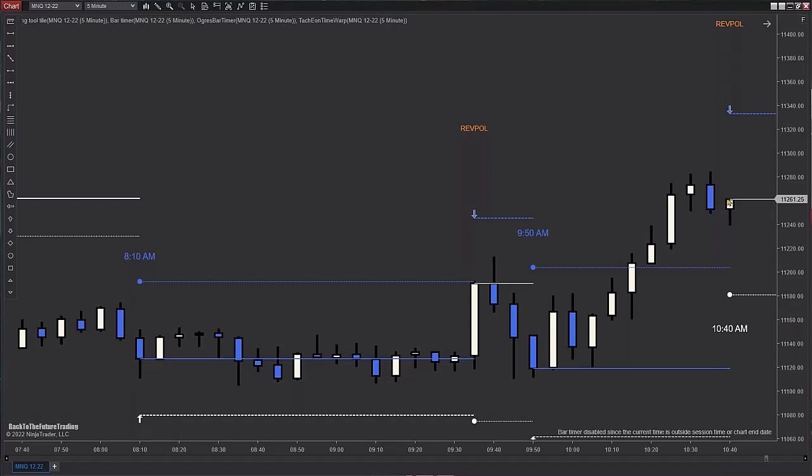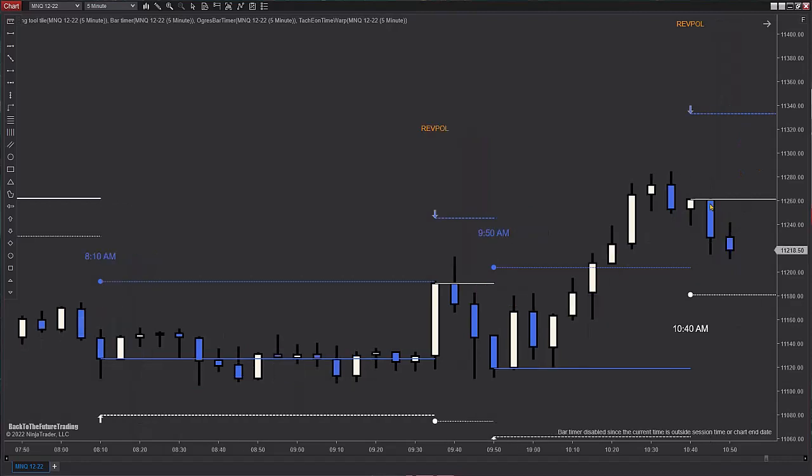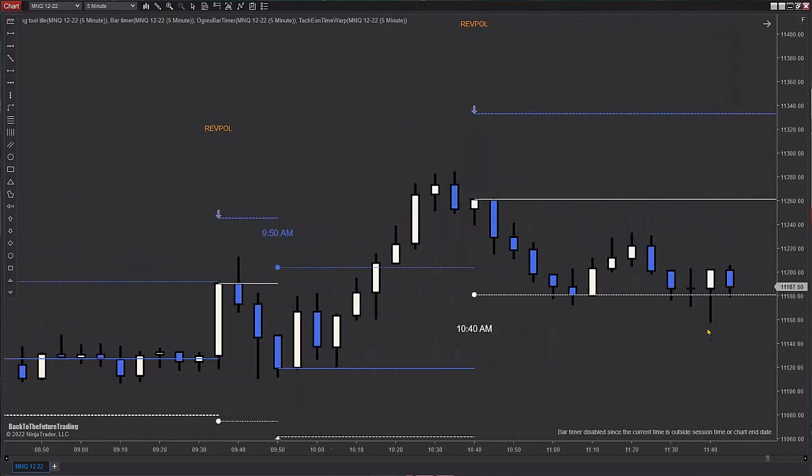I like the magnet analogy. I just kind of came up with that. It seems to make sense to me. White and white equals push away. White and blue equals head in the initial direction. So this white candle with the white dot, we're going to push away, down and away.